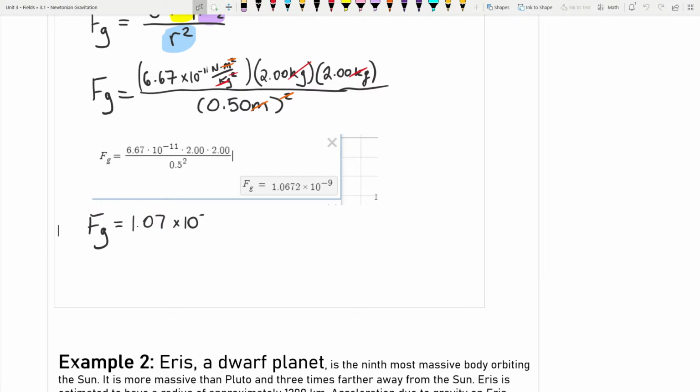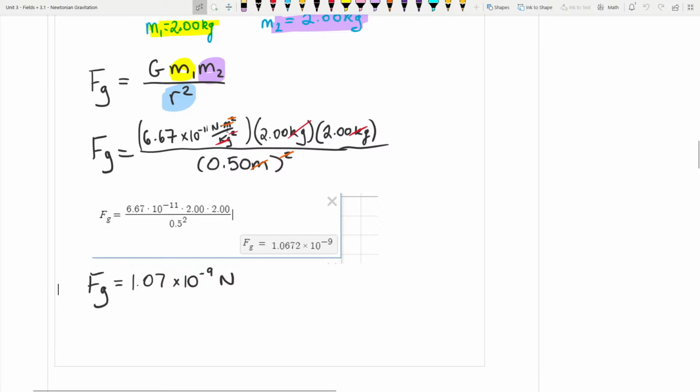So you can see that if you've got small little objects, 2 kilogram objects, not a lot of force here. Not a lot of force at all. Just a little bit more than the gravitational constant. Remember, the gravitational constant would be if your total mass was 1 kilogram, and if the distance between them was 1 meter. Here we've less the distance, so we get a bit more force, and we've done 4 times the mass, so we get a bit more force, but still a very small force of attraction. All right, good job. That's question